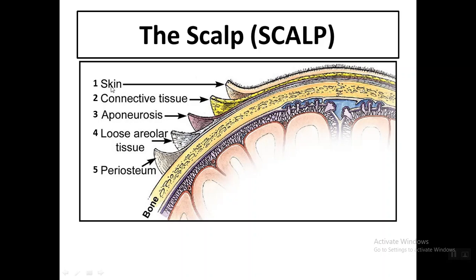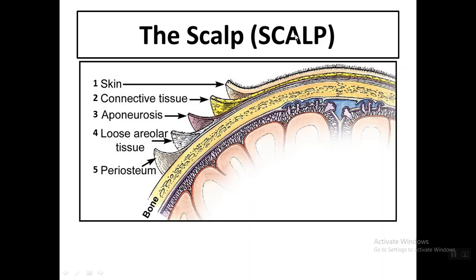From superficial to deep, these layers are the skin, connective tissue, aponeurosis, loose areolar tissue, and lastly, the deepest one is the periosteum that covers the bone of the skull. كان نشوف أنه layers of the scalp، يعني بداية كل كلمة راح ناخذ الحرف هو يسوي لنا